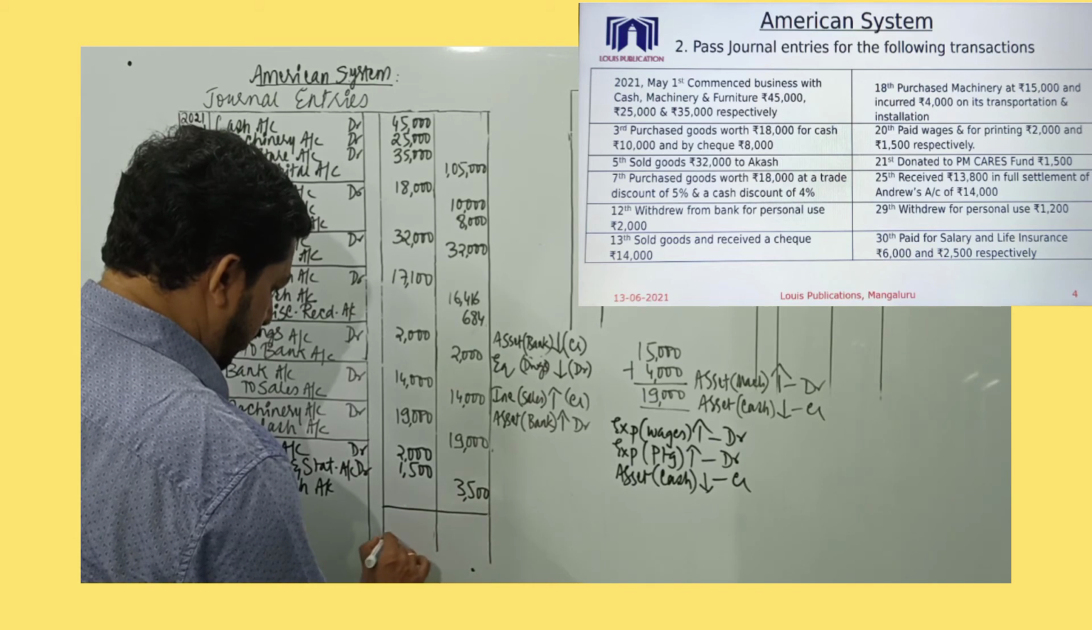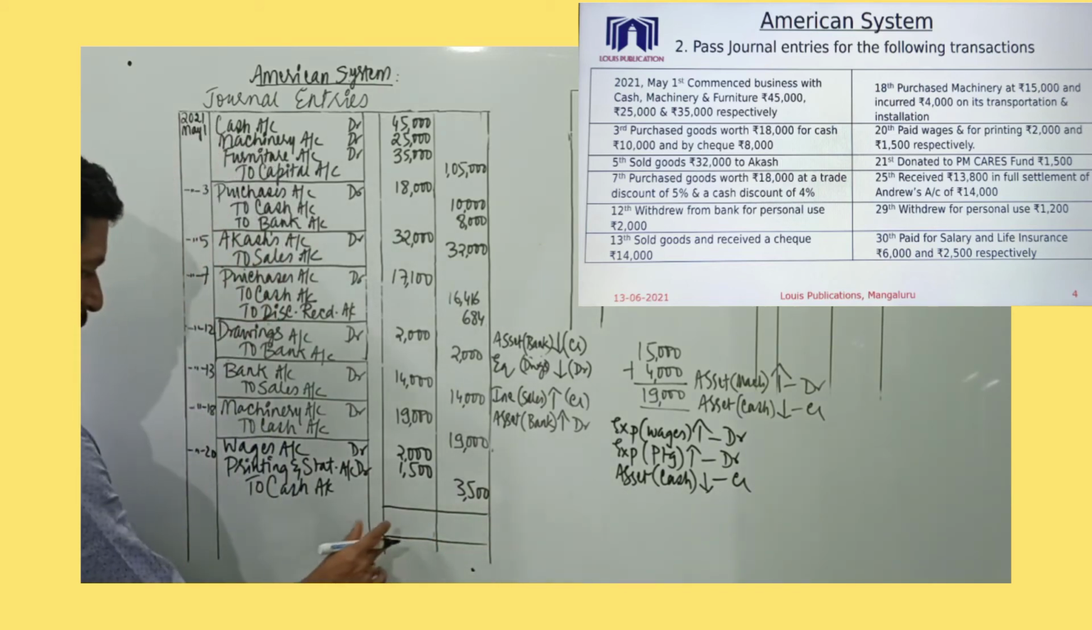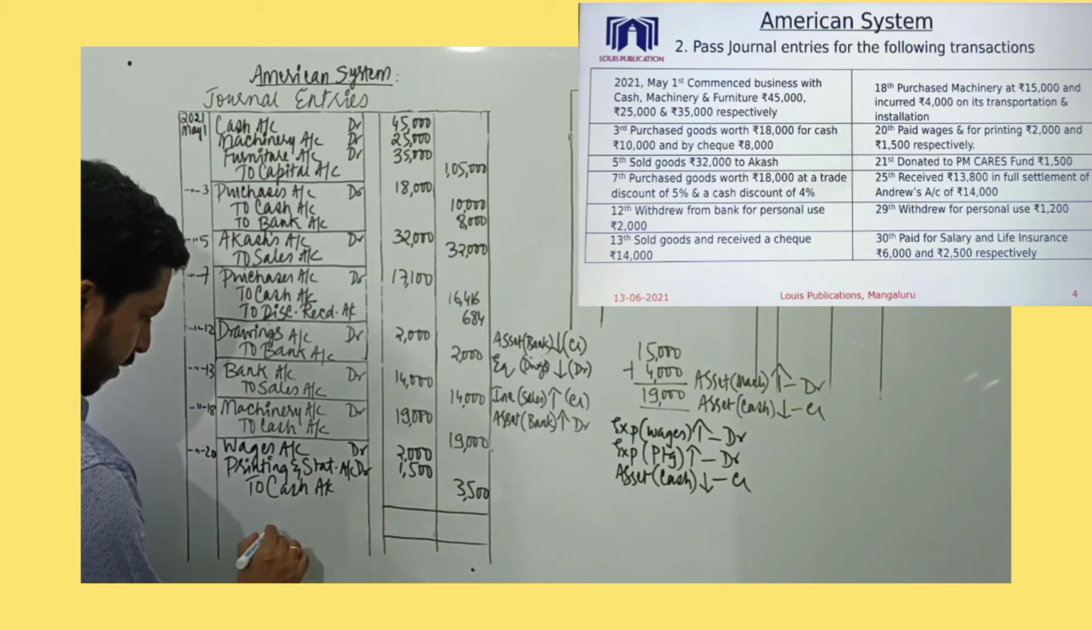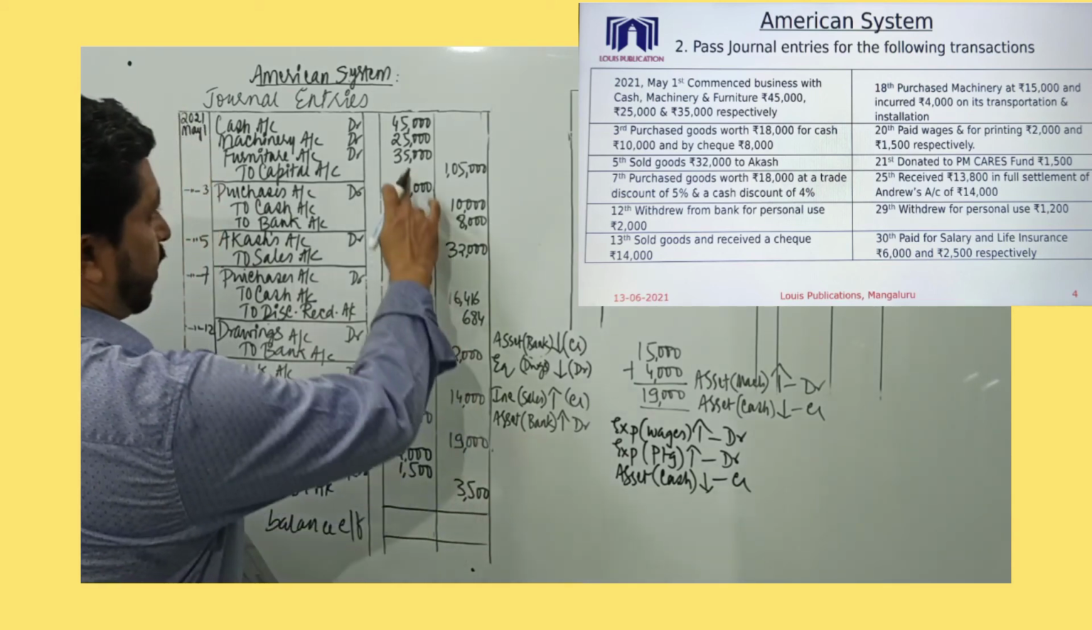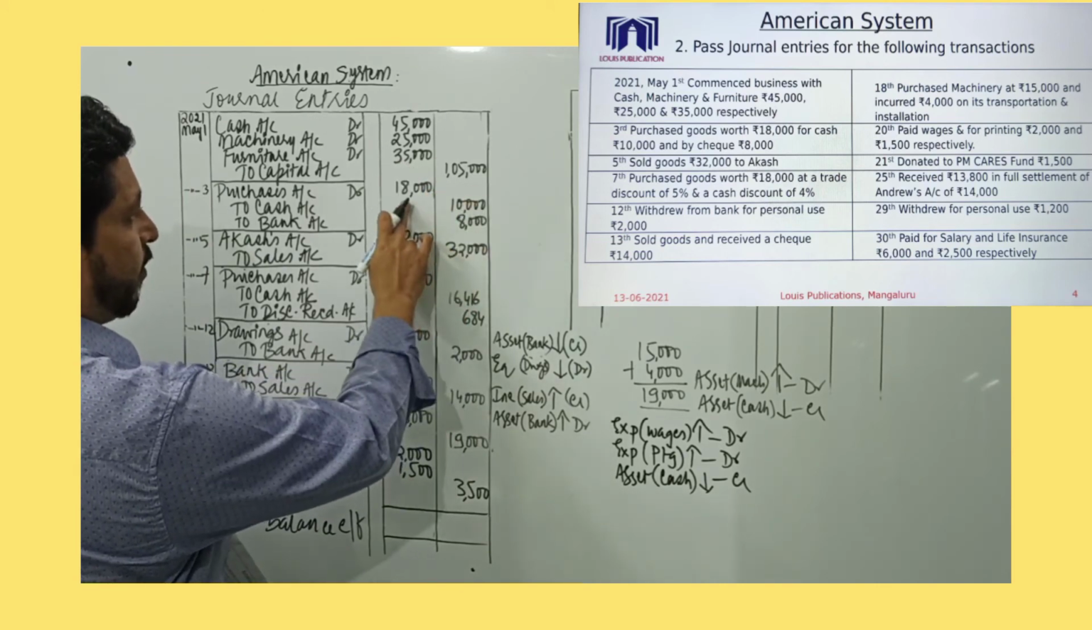So as I mentioned, when you are coming to the close of that particular page, draw total lines in the debit and credit amount column. In the particulars column, you can record balance carried forward. You can just total it. So this is 1,05,000,